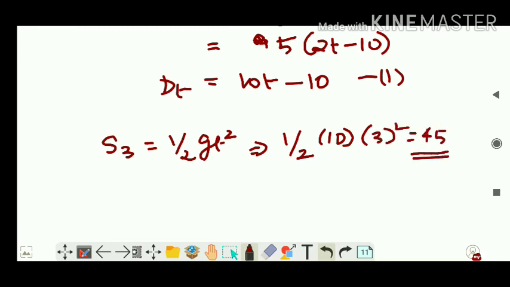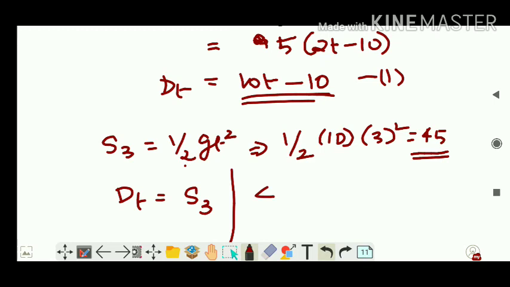So you are told that the last second displacement is equal to the displacement for the first 3 seconds, total displacement during the 3 seconds interval. So I can equate these two equations. I will get 45 is equal to 10t minus 10. So 55 is equal to,